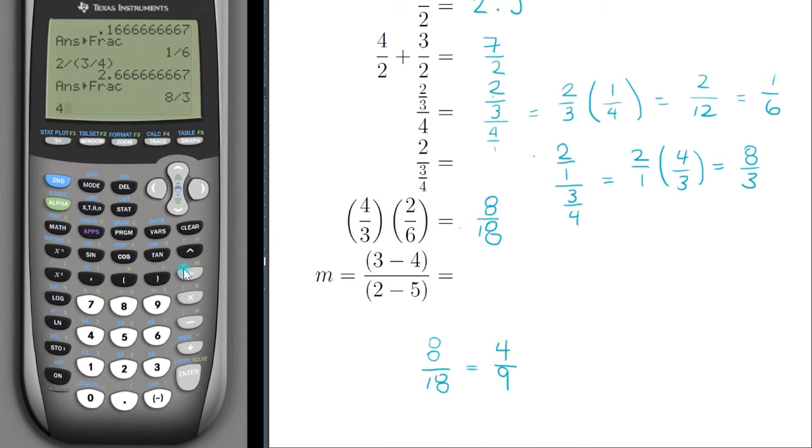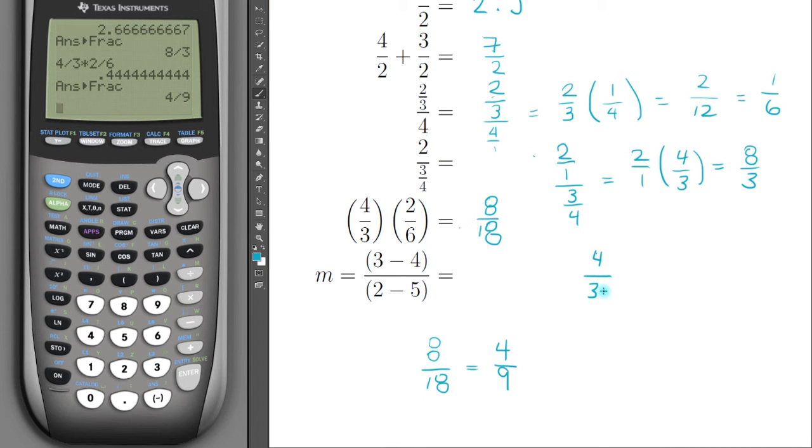So 4 divided by 3 times 2 divided by 6. That's 0.444. And if I press the frac button, I get 4/9. So it seems like this particular calculator understands that when I multiply this, I have to get 4/9. Okay? Now imagine instead that I had this fraction,